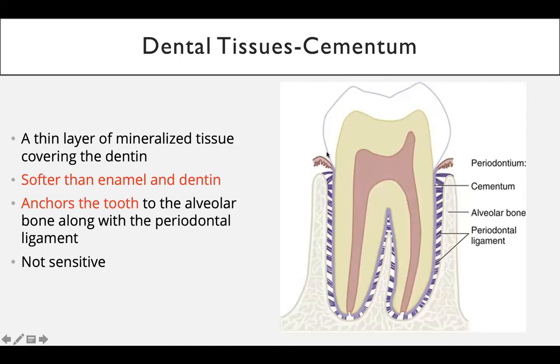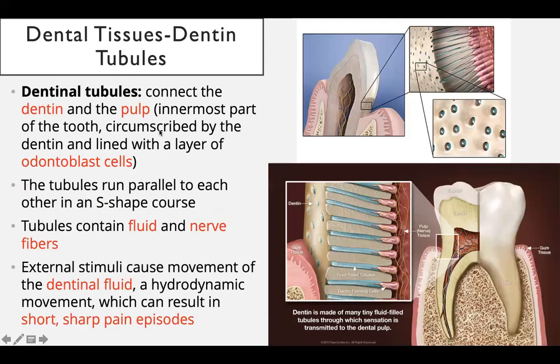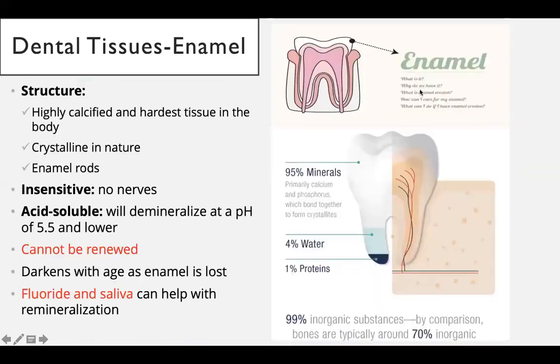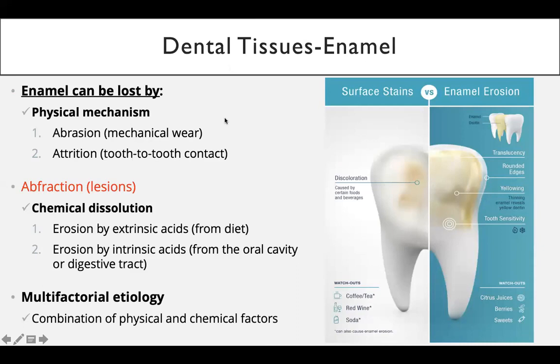And then let's go for Adnan Safdar, roll number 20. Do you understand these erosion, the enamel erosion, physical mechanism? Yes, sir, Alhamdulillah. Okay, can you repeat these terms, the erosion terms? Physical mechanism and abrasion, mechanical wear, and attrition, tooth contact and friction lesion. Chemical dissolution: erosion by the extrinsic acid from diet, and erosion by the intrinsic acid. Like extrinsic